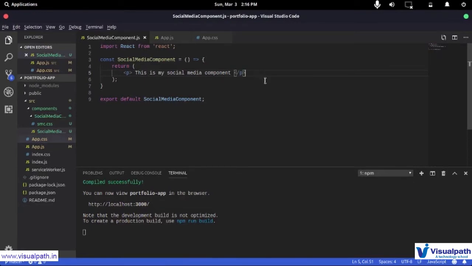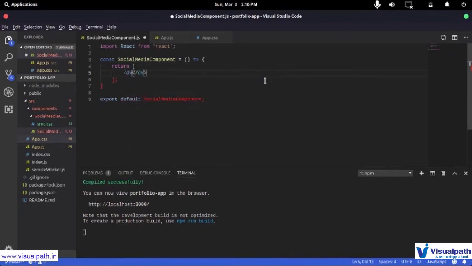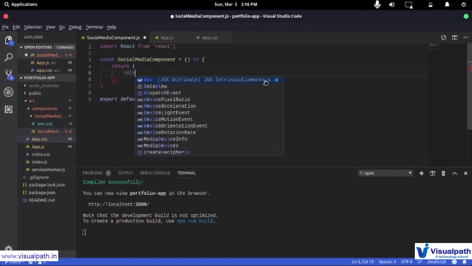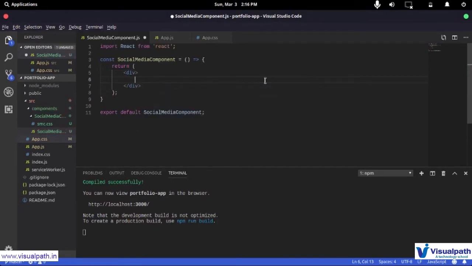So ignoring the abstraction of having icons, let's just try to create boxes first. I'm going to go ahead and create a container first. All the things that I'm going to create from this point onwards are going to come inside this container, and this is going to be my social media container. So I'm going to have a div, and inside this div, what I want is some boxes. So let's just create a box. It's also going to be a div, and let's just write F for Facebook for now, and let's repeat ourselves a little.